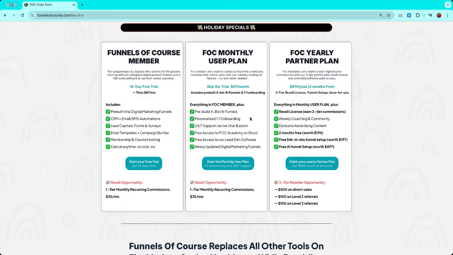You also get access to 24/7 support via live chat and Zoom. One of the big features as well that we launched recently that's included in the monthly plan is our full bot AI funnels. So this is something completely new to this space where we developed 4 AI bots that work on the funnel that captures your leads, converts your leads, sends your backend automations. So this is a completely done-for-you AI system where you can now sell digital products with AI funnels. So this is also included in the monthly plan, which is a very, very big bonus.